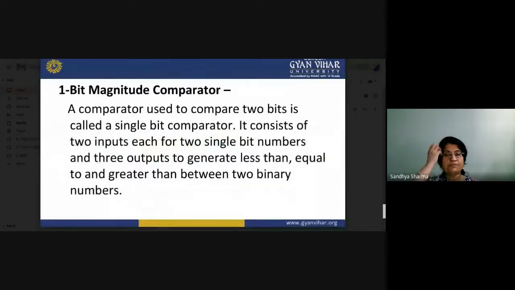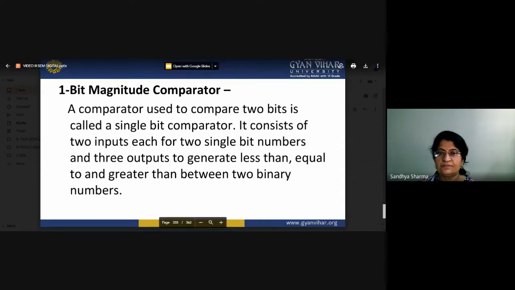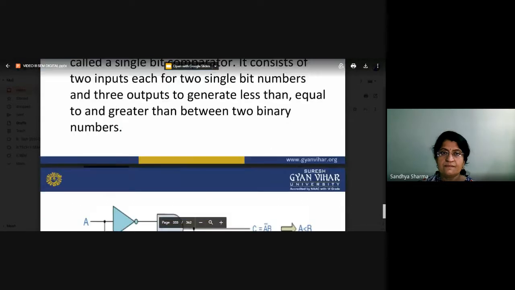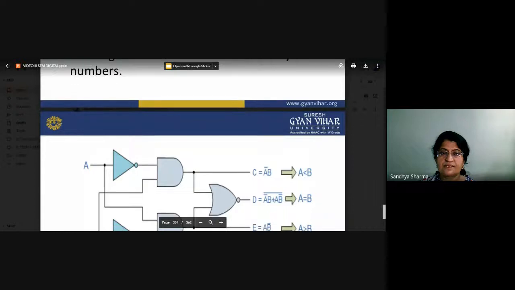First, the magnitude comparator. That is basically a 1-bit magnitude comparator, which compares 2 bits. As we can see, it consists of 2 inputs, each a single bit.